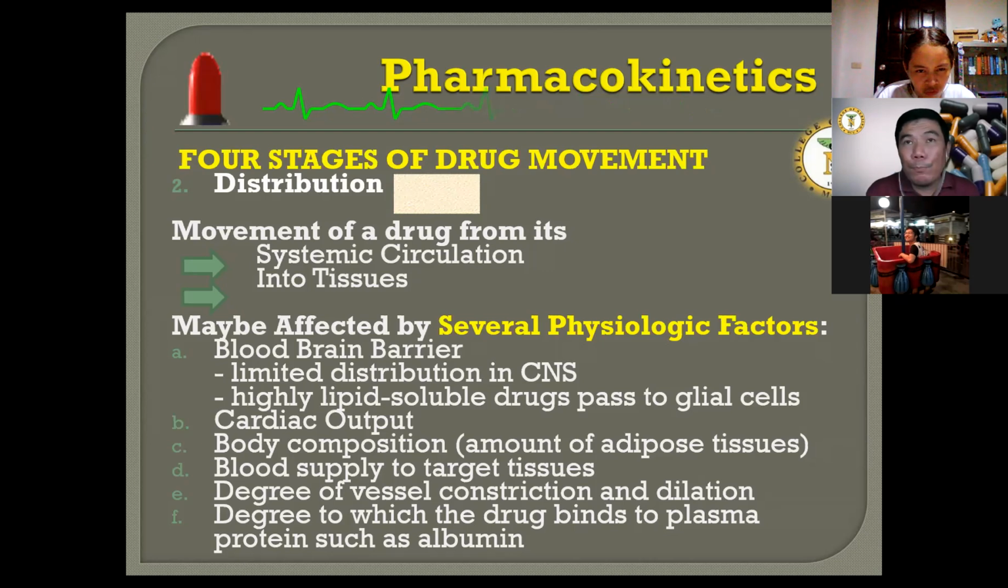So for example, high blood pressure, hypertension. From the term itself, high pressure, if there will be high pressure in the heart because the volume of blood is retained in the heart, it will not eject the expected 5 to 6 liters as volume. So will it affect, ba? Will it affect the distribution of the drug?